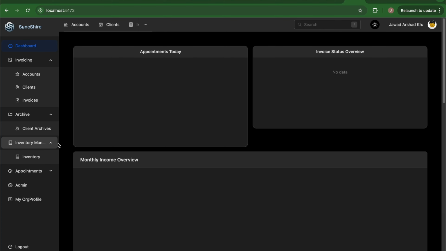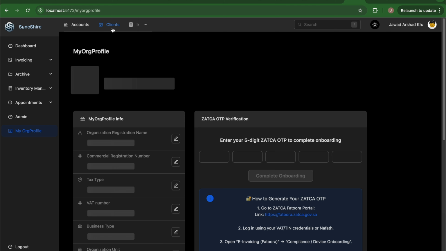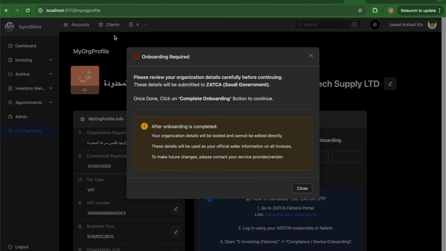We have inventory management as well. Then we have appointments. Under appointments, we have events. Then we have admin, and we have my org profile. And we can navigate through the tabs here as well. So one more thing is